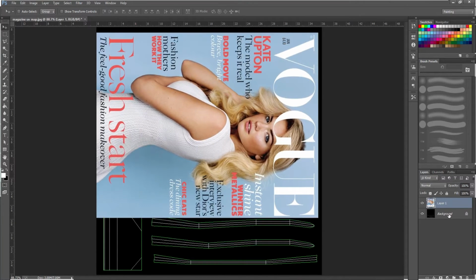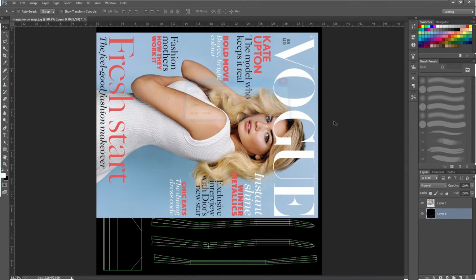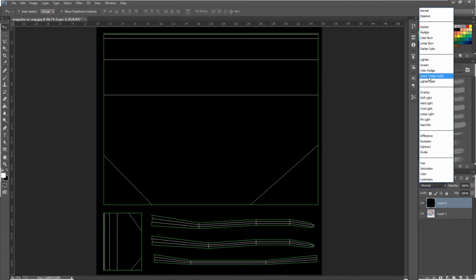So a neat trick is if we unlock the background layer. If we double click on the background layer, just click onto OK. We could name it, but I'm not going to bother right now. And now that's unlocked, and we can place that above the layer with the magazine cover, and we're going to go and use a